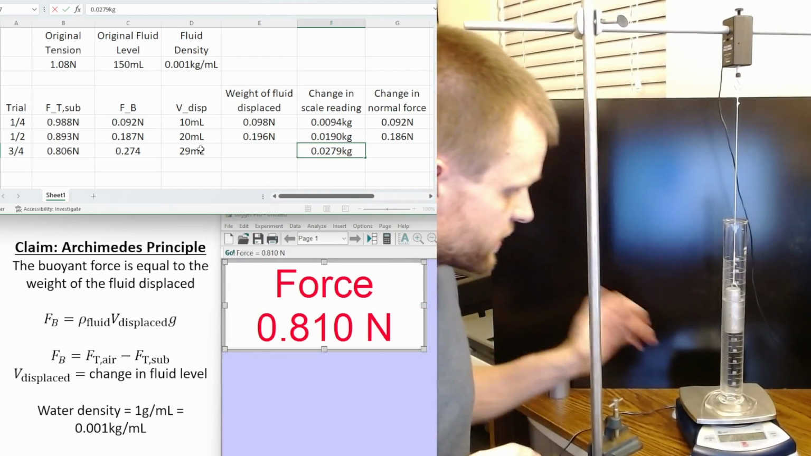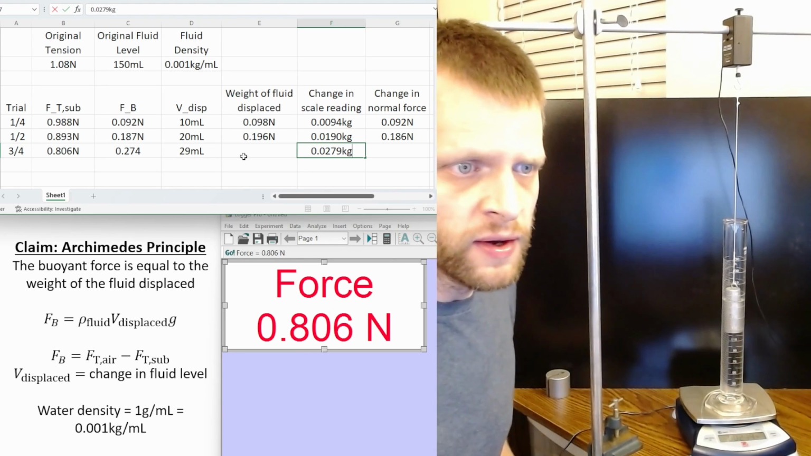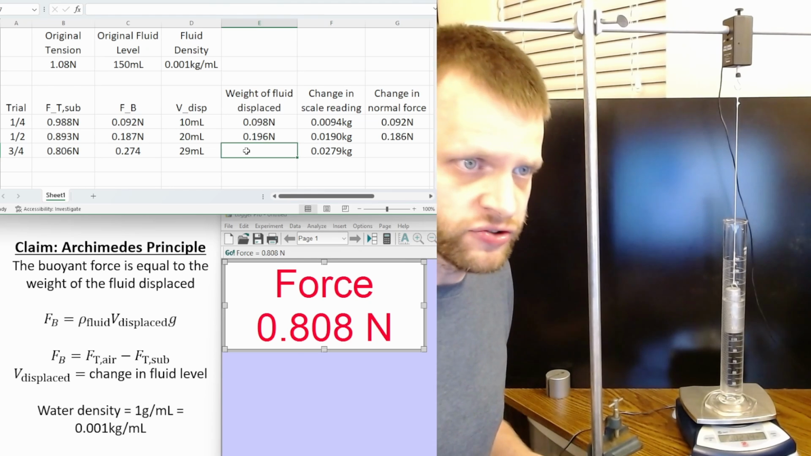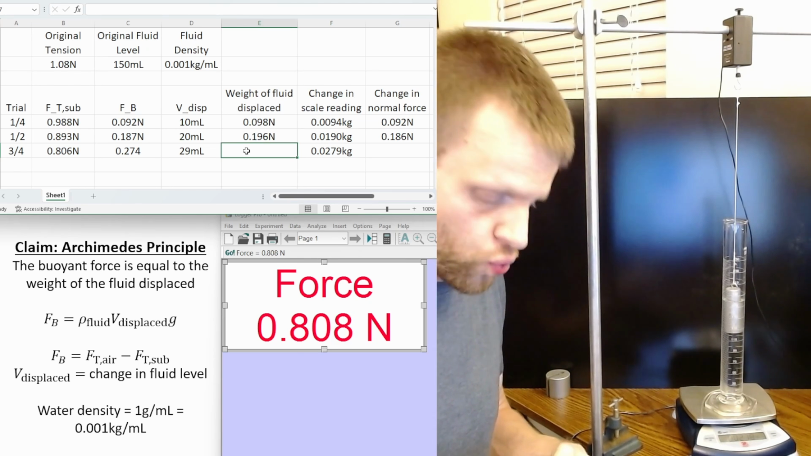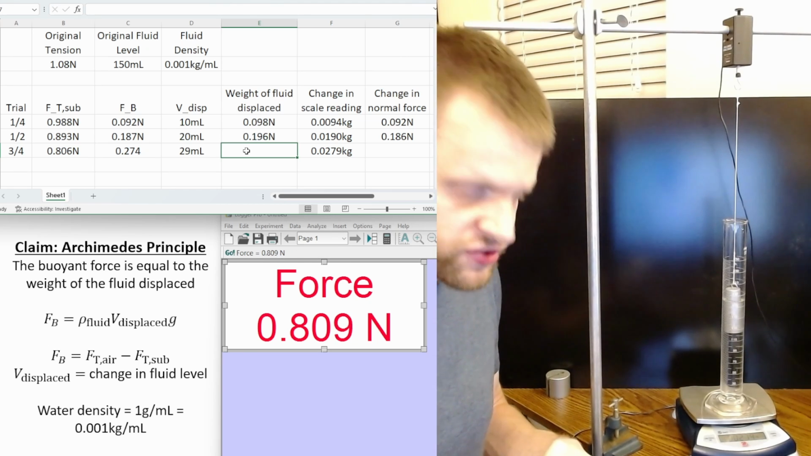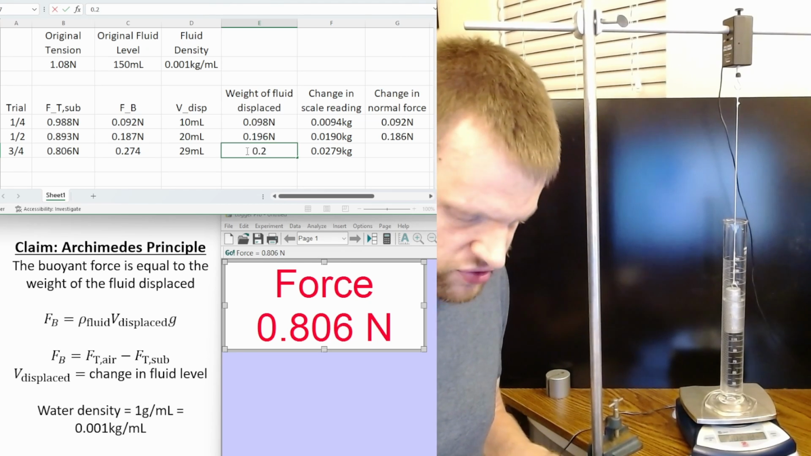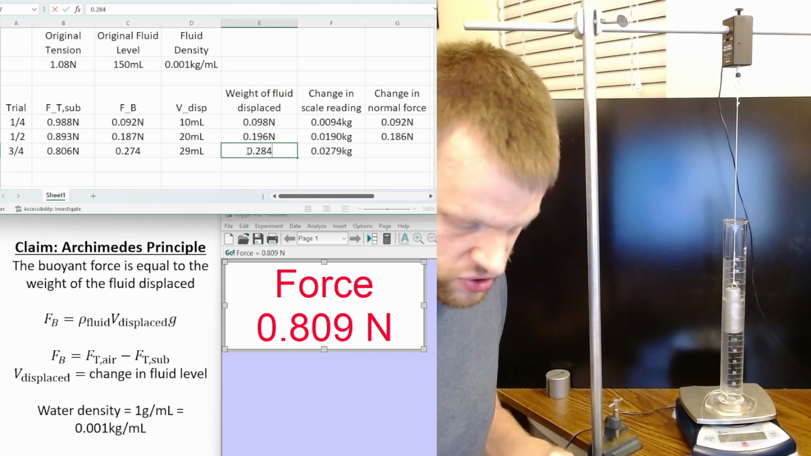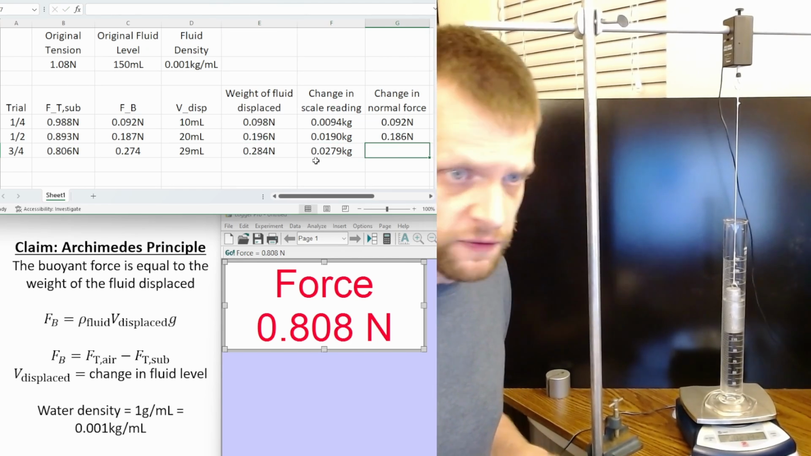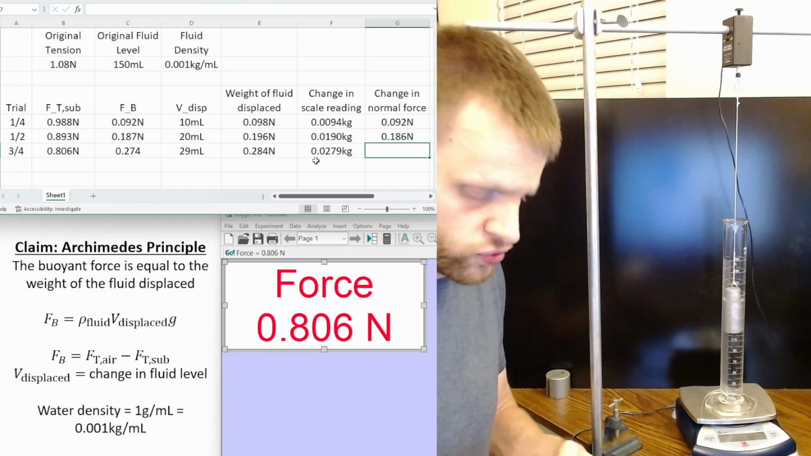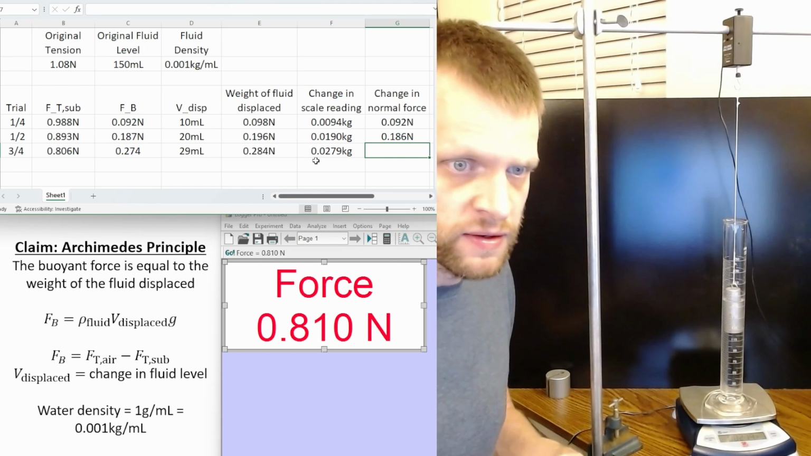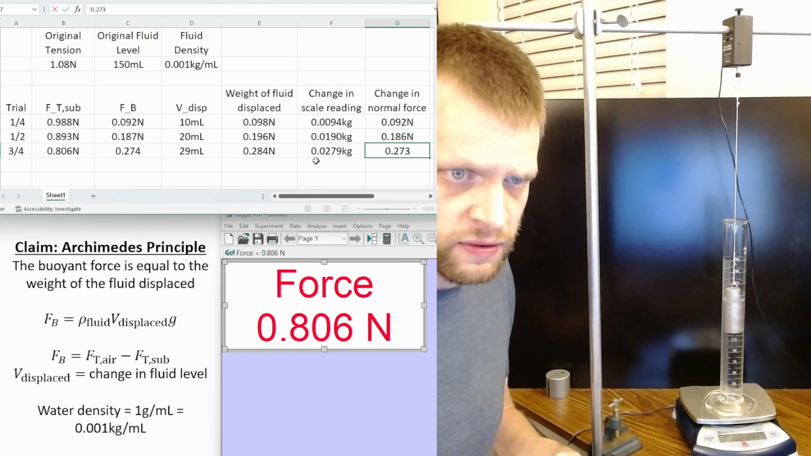So let's do the same kind of calculations that we were doing before. For the weight of the fluid displaced, it's the volume, 29 milliliters, times the density, 0.001 kilograms per milliliter, times little g, 9.8, and I got 0.284 newtons. For the change in the normal force acting on the beaker, it's the 0.0279, the new scale reading, times 9.8. So that's 0.273